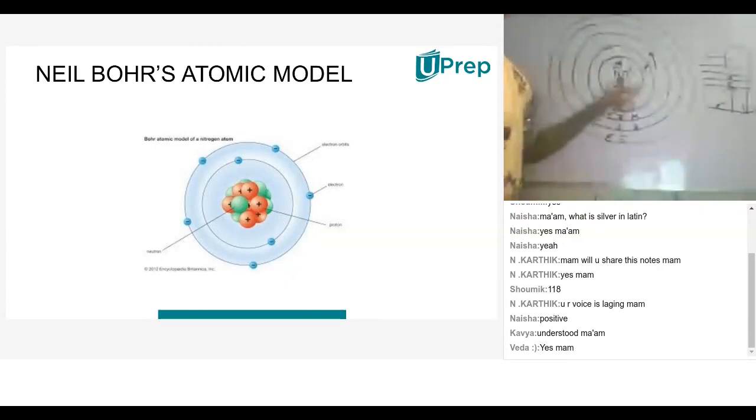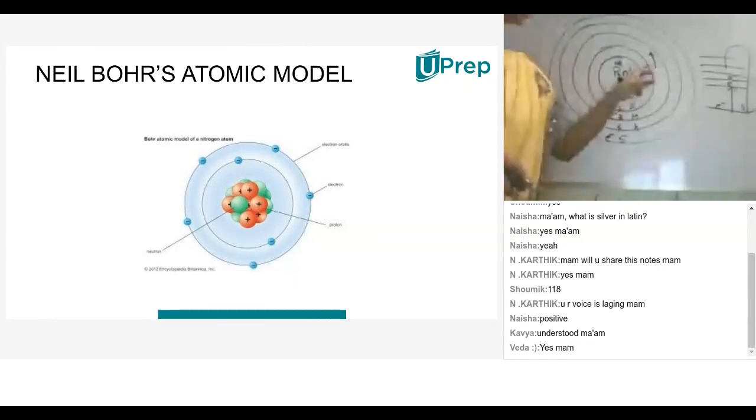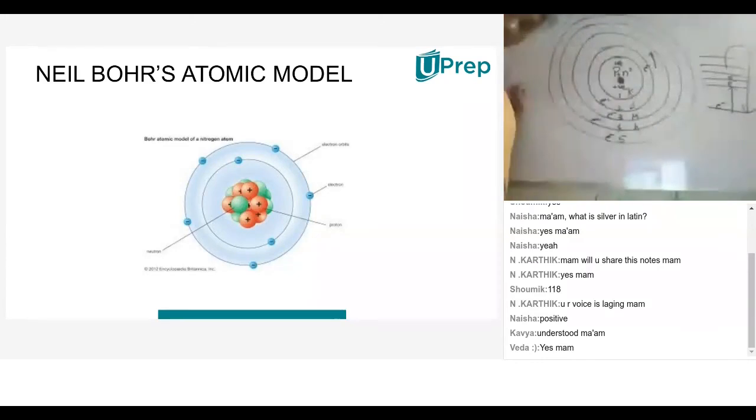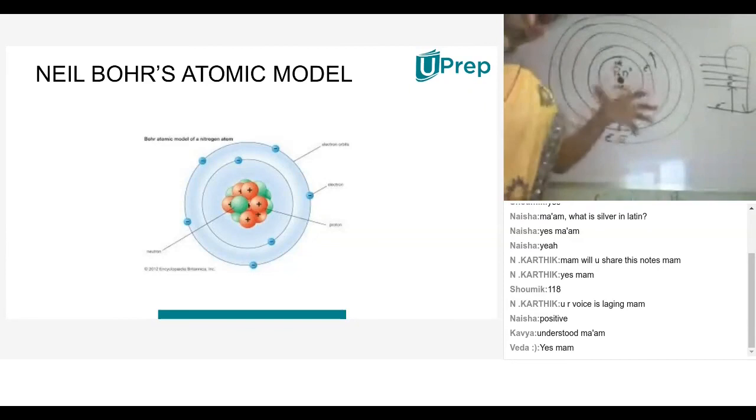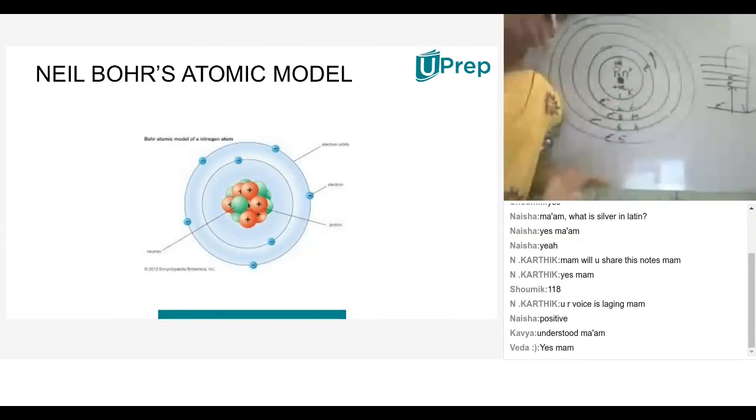So, the proton was identified by some other scientist. The neutron was given by some other scientist. The electron was given by some other scientist. The nucleus was also given by some other scientist. But Niels Bohr gathered all the subatomic particles and found their positions inside the atom. Why? Because the atom itself is very small. We can't even observe it in an electron microscope. So he worked on giving the positions. For this also he did so much work. Finally, he gave the arrangement.